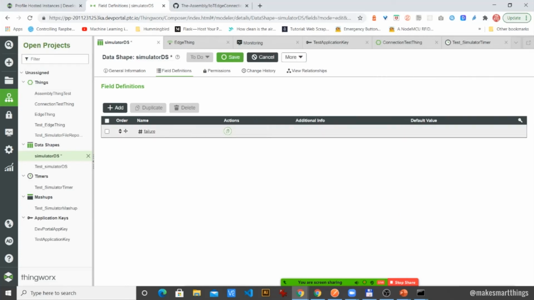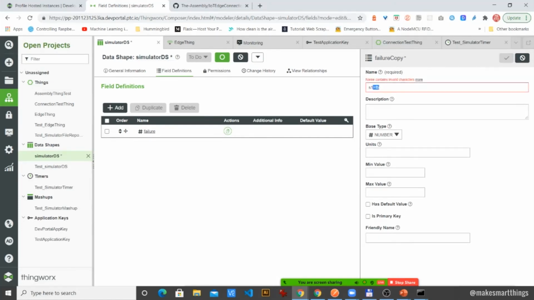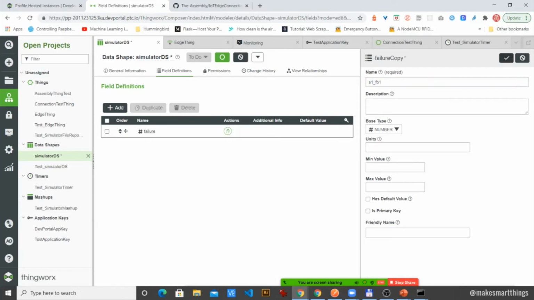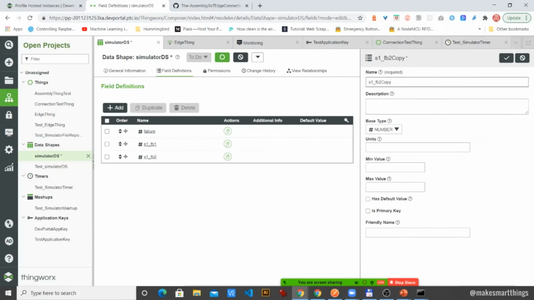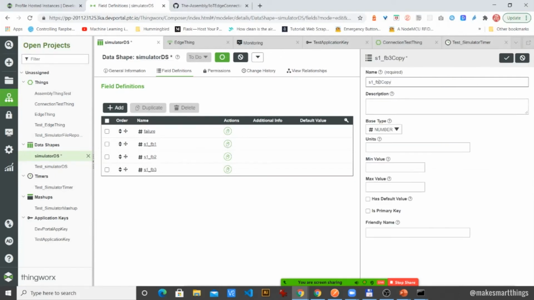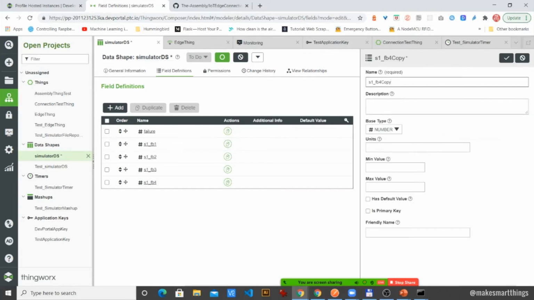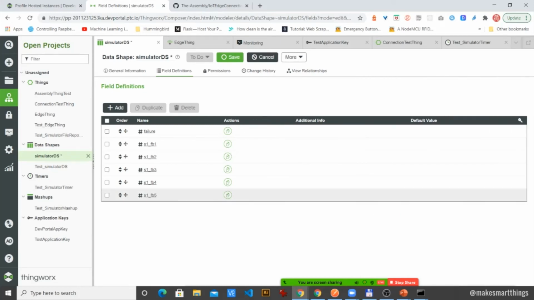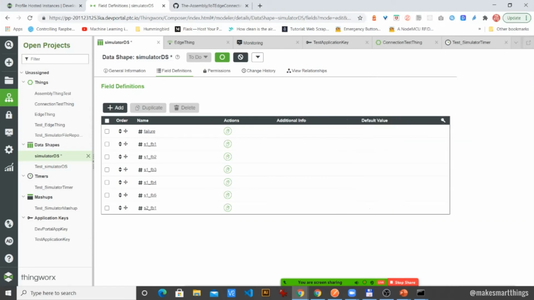And after that, I'm just going to actually copy it across. I'm going to duplicate it and I'm going to call it S1 underscore FB1, which is also a number, right? So you just have to do that for each object. So we have 5. So we've got that. And FB5. And now we have to also, of course, have the second one. So let's do that. We add S2 FB1,